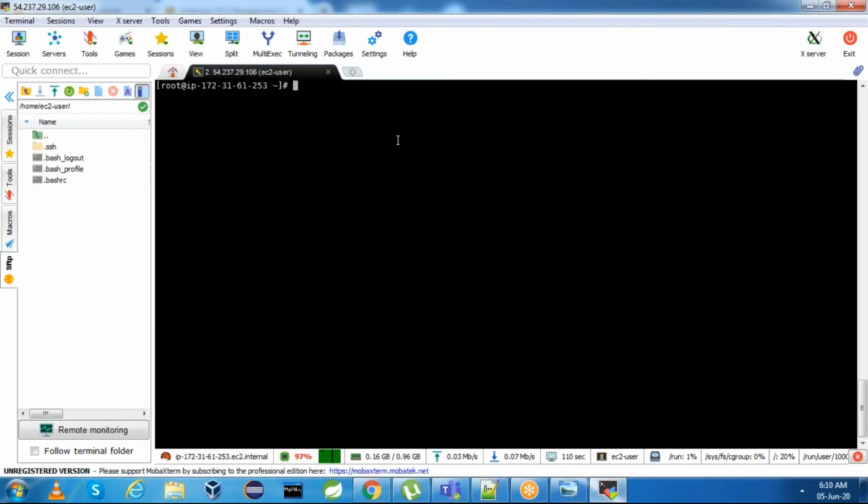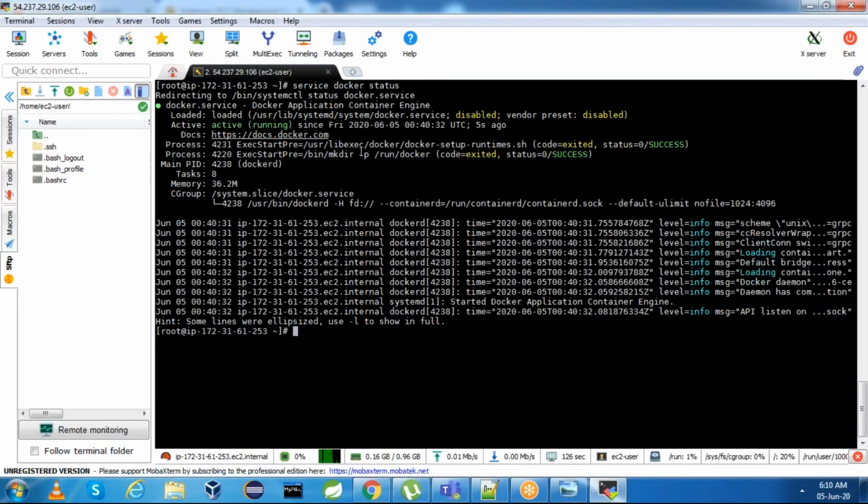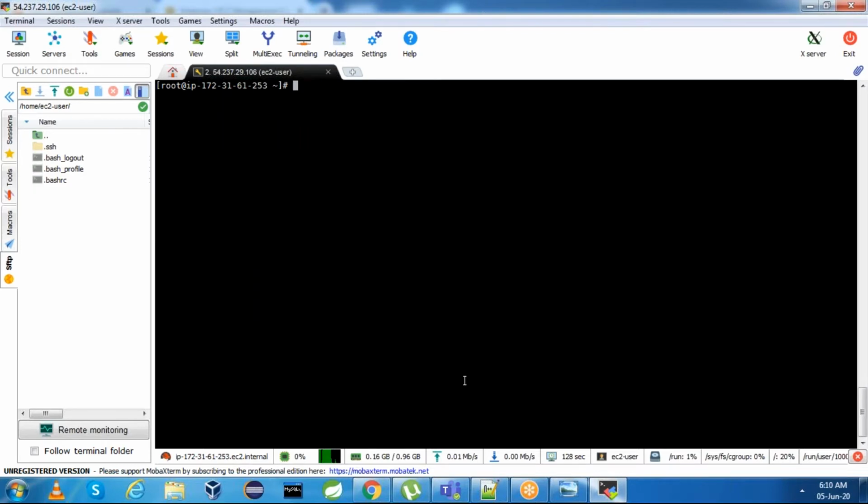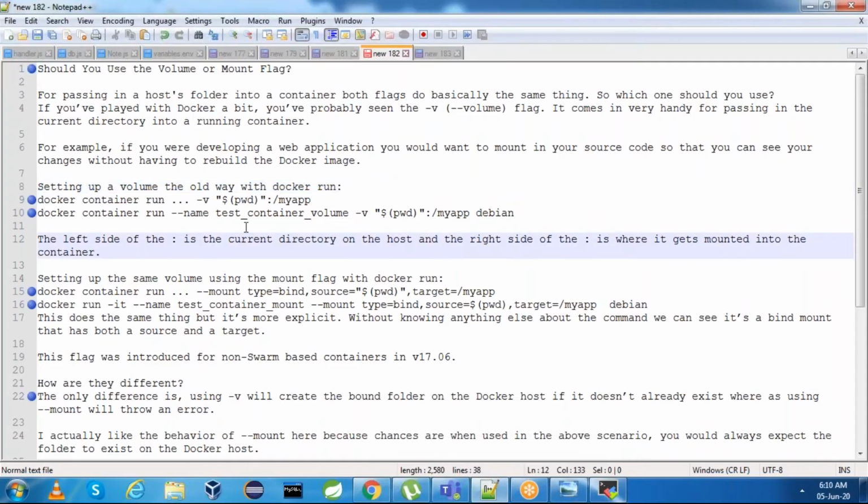Okay, Docker is installed. Let us start the Docker service. Okay, perfect. We'll see the status. Okay, Docker is up and running. Perfect.